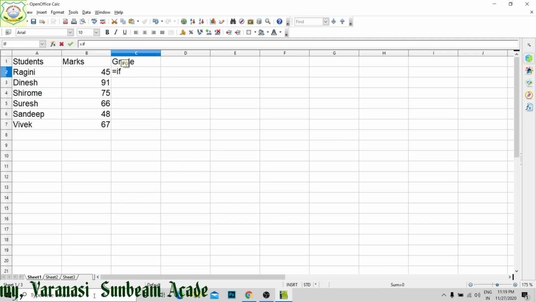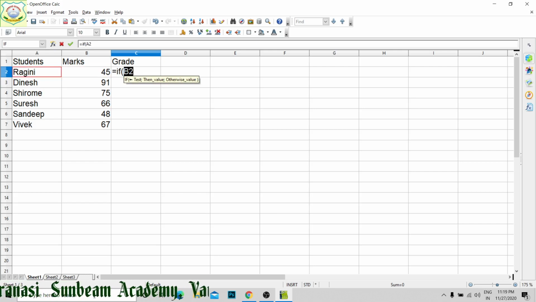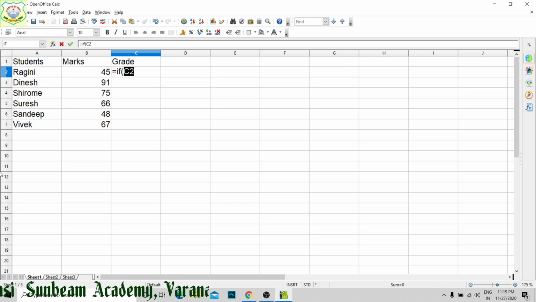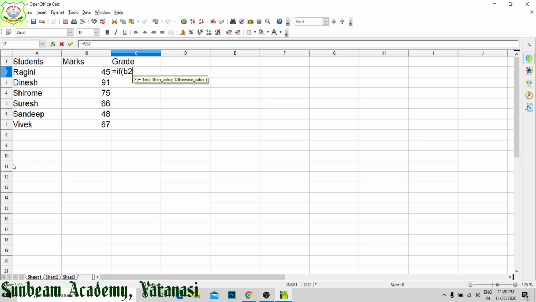In this IF, I am going to check for cell B2, write B2 and its value, if its value is greater than or equal to 75.